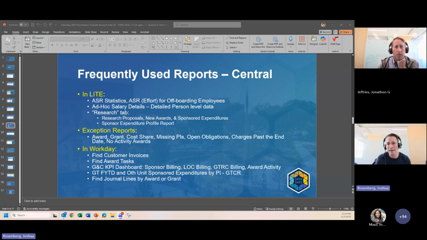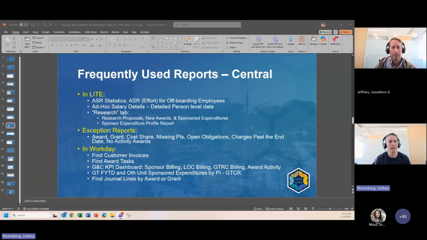Charges past the end date. If it's past the period of performance end date, we cannot bill our sponsor for that because we will not collect. So those charges have to be moved onto non-sponsored funds, or the end date needs to be adjusted with justification. No activity awards, that's a new one. That's a situation where we have set up an award, but it's been 90 plus days and there haven't been any charges on the award. So we want to make sure that you all are aware of those